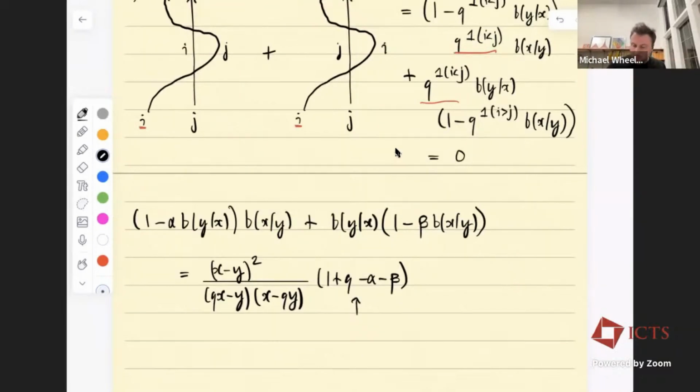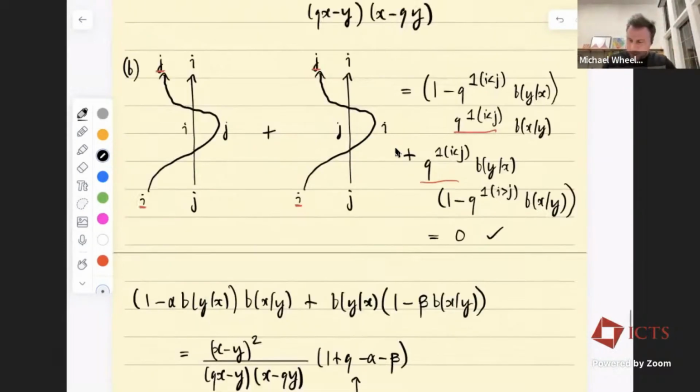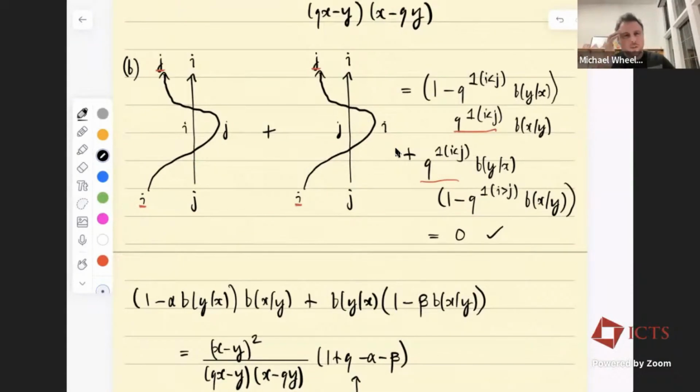So indeed, this is going to be equal to 0. Yeah, I have to say that even something as simple as this pretty innocent-looking equation is already rather non-trivial. So it really shows you that there's a lot going on beneath the surface in these models that one can